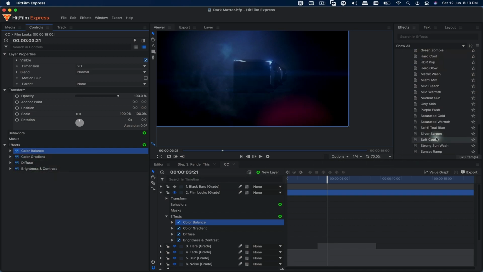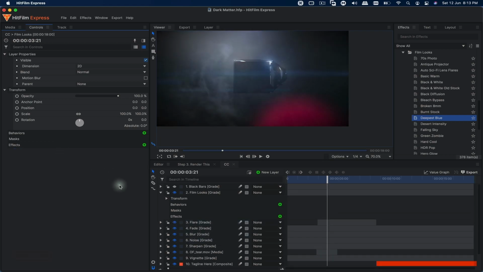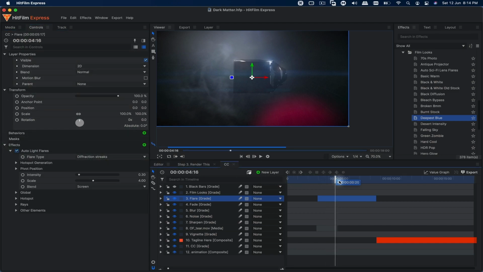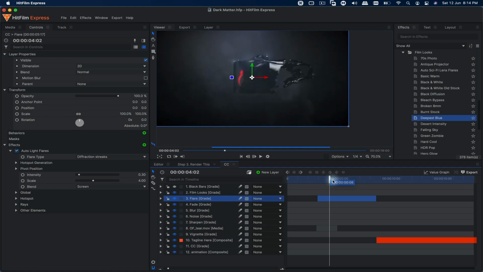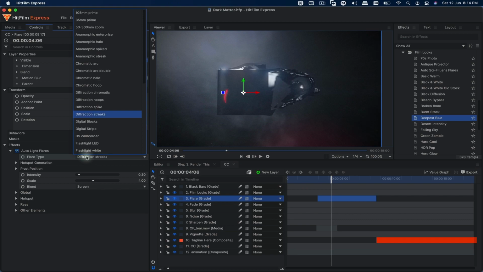There are some other presets as well that don't have add-ons, so you can just pick and choose yourself and see which one looks best for you. And then we have the flare as well, so we can go to controls, effects, expand that, and we have some nice flares going on in our animation, and we can just customize it as well. So we can change the flare type and we can use any flare that we want.